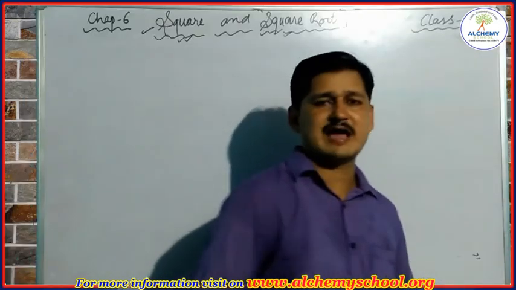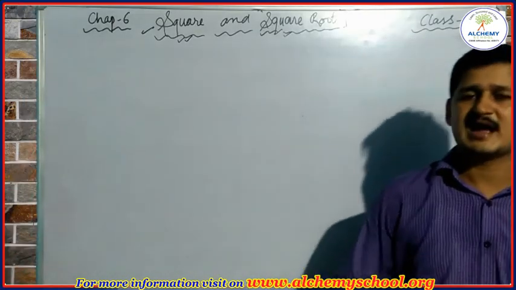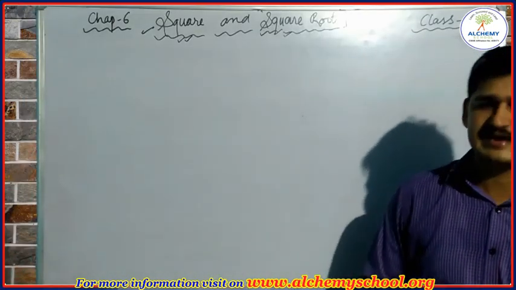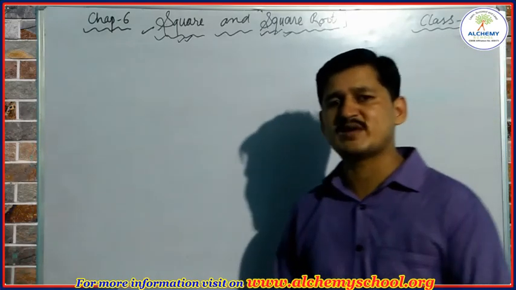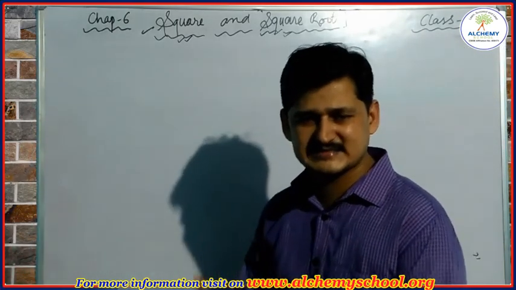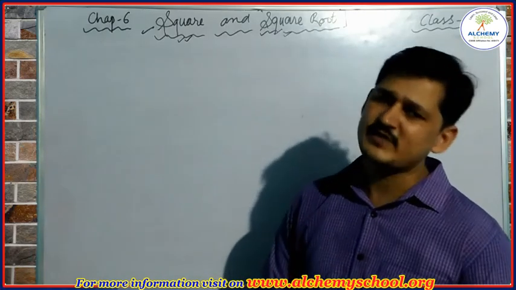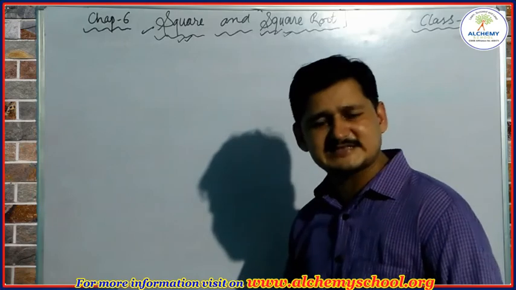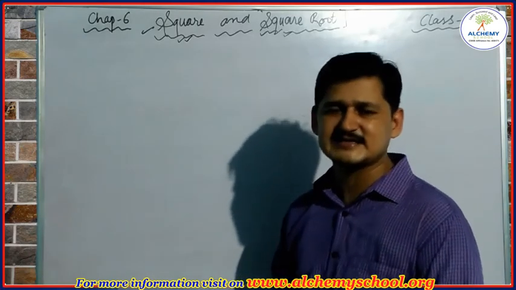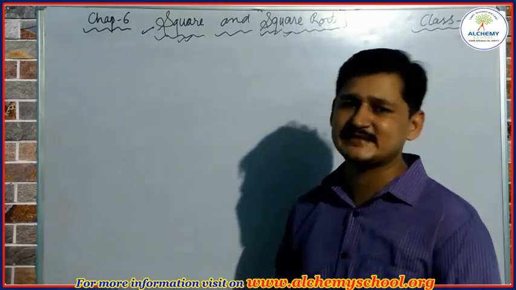Here we have discussed what is the square number and how we can find the square of any number. We have discussed how we can determine the unit place of any square number by observing the unit place of the given number. So practice these things. When we meet again in the next class, we'll discuss some interesting things again.